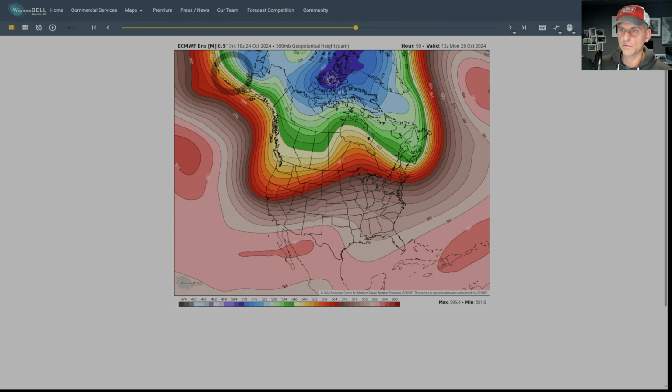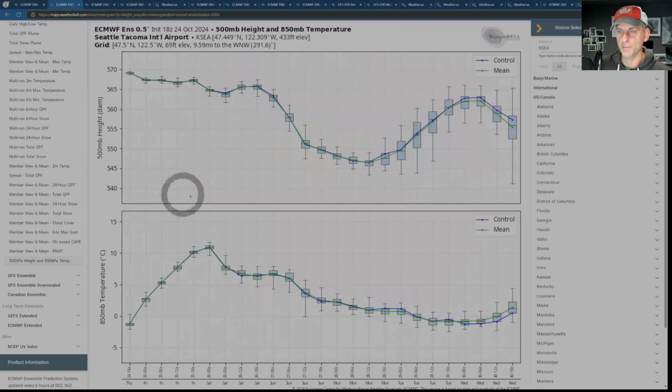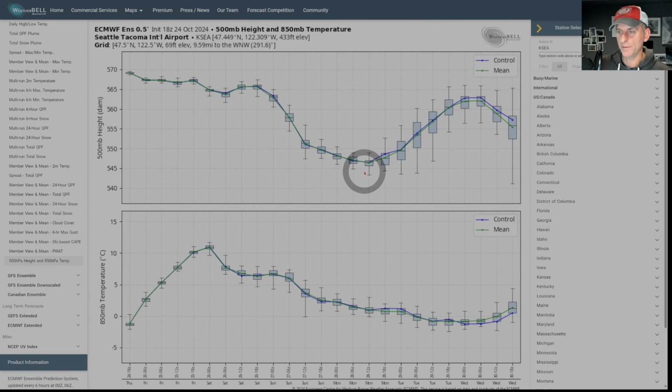So first things first, this is something we look at almost on a daily basis. 500 millibar geopotential height, upper levels of the atmosphere. And I froze this one on this upcoming trough right across the Pacific Northwest as we go through October 28th, 12Z. So remember that time there. And I'm going to go ahead and show you the next slide coming up. And you can see, again, probably the portion of the trough that is the strongest here across Seattle-Tacoma International Airport. Again, 12Z there, 28th. And what we have here is all 50 of the European ensemble members.